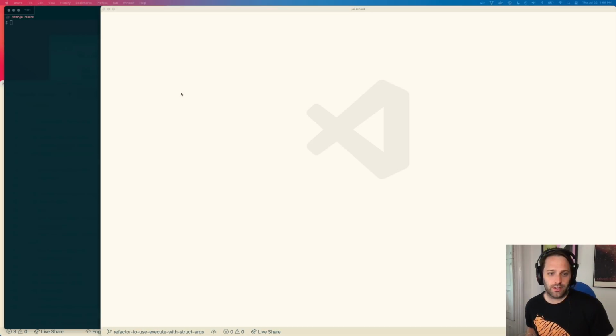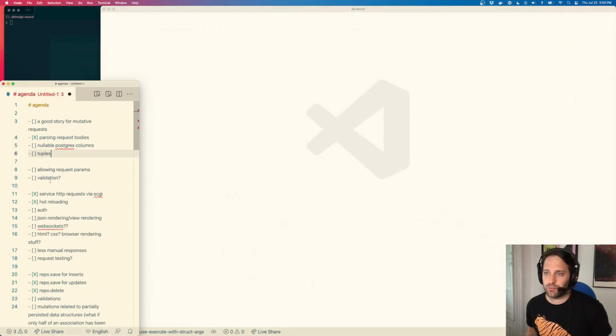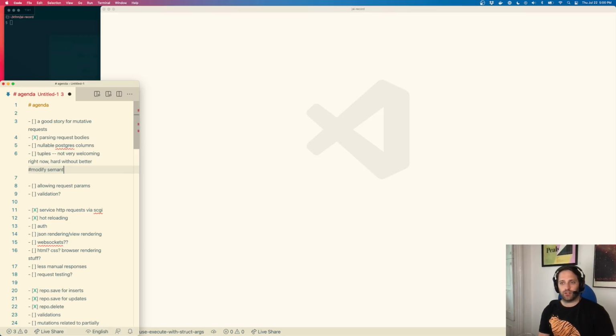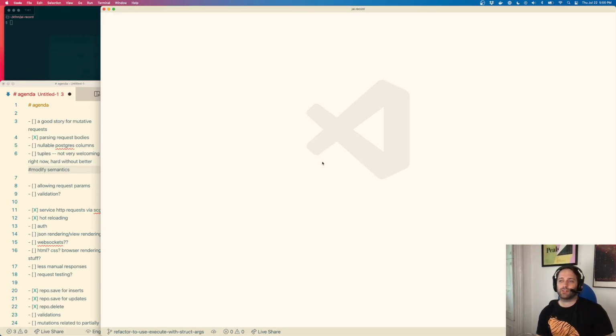What's next? I think I've ruled out tuples. I think they're just a bad time. Not very welcoming right now. Hard without better modify semantics. The problem is